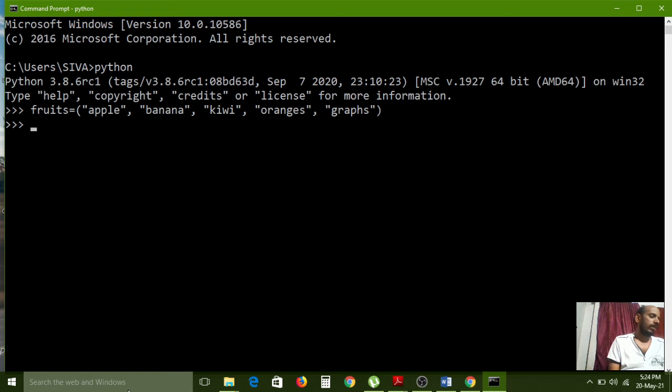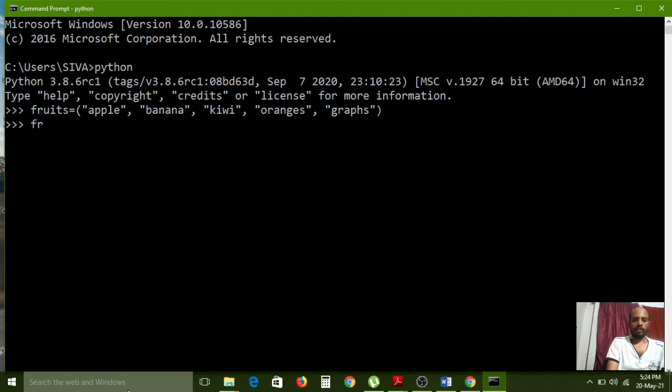Right. Now by using the slice operator I would like to access each and every element here. Sometimes I want to fetch all elements, sometimes some portion of elements, sometimes the last elements of the fruits tuple. So how is it possible? Now we can see by using the slicing operator.